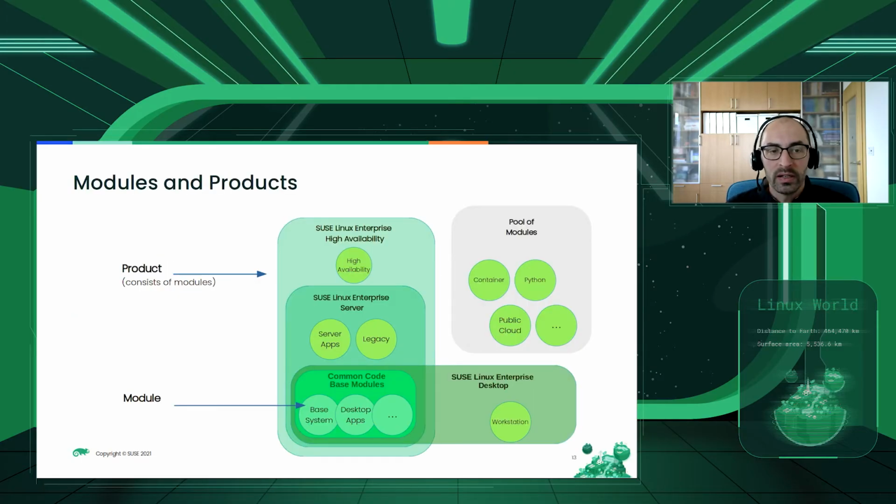So when we are designing our products, everything we do ends up in something we call a module. A module is a set of different packages, and there are some core and common modules like the base system, which end up in almost all of the base products like SLES or desktop. And there are product-specific modules, like server applications, which are specific to the server product,